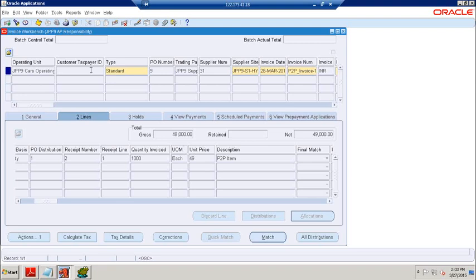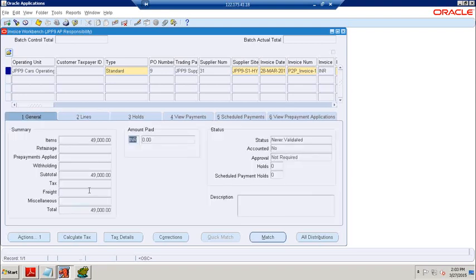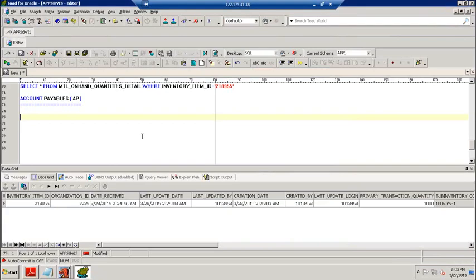So now we are going to check whether our invoice is created or not. Invoice is successfully created. Now we check the invoice tables. What are the invoice tables? Select star from AP invoices all where invoice number